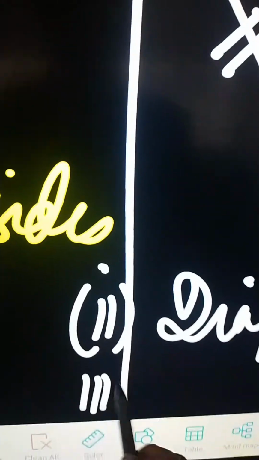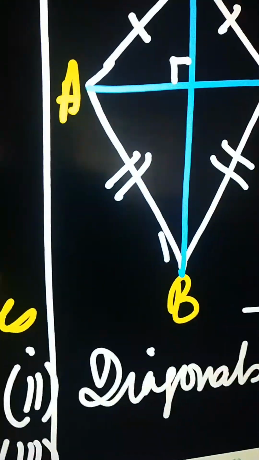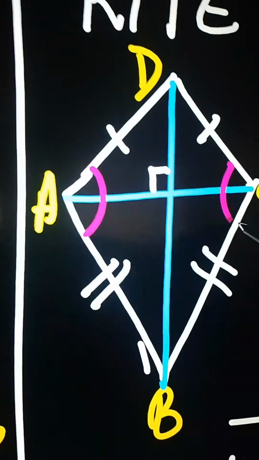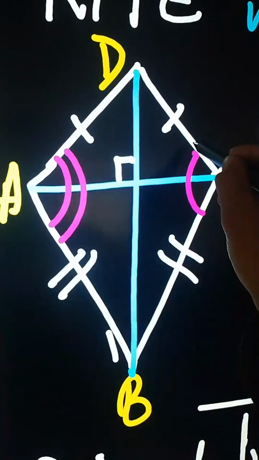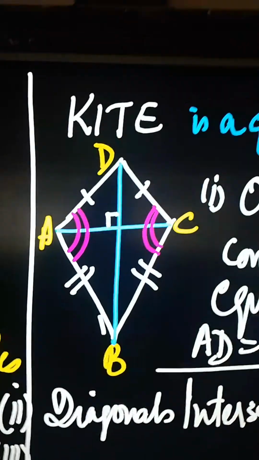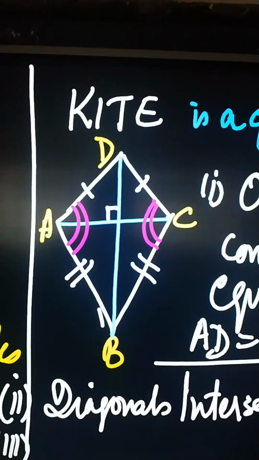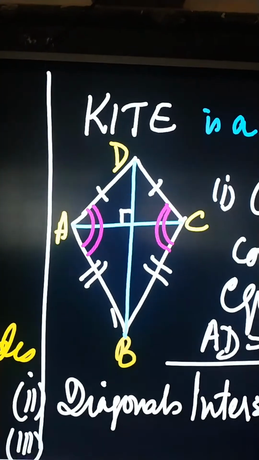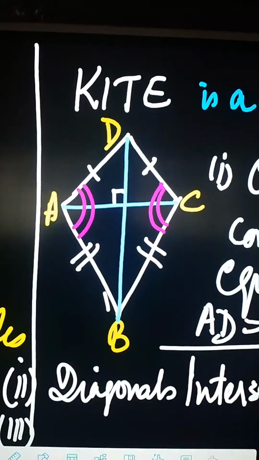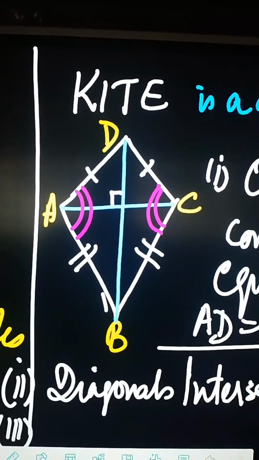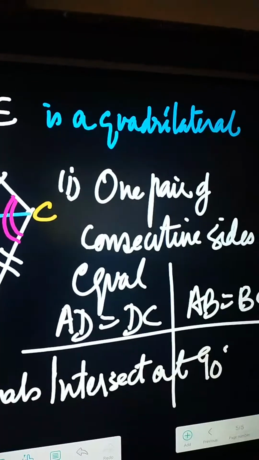It also has a third property. I am changing the color so that you understand. Only one pair of opposite angles are equal. Angle A is equal to D, and B are not equal. Only one pair of opposite angles. So if you see your book, you will see this property given, that a kite is a quadrilateral which has